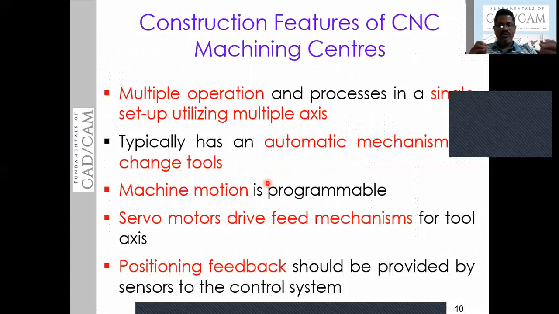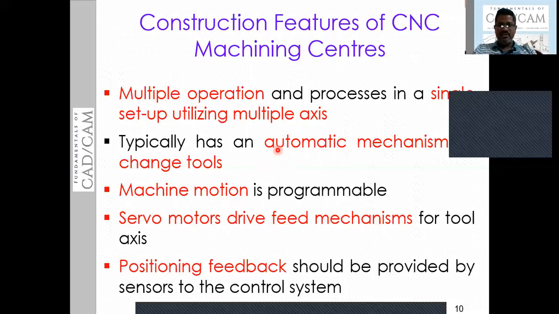Because one tool performs one operation, like a knurling tool performs only the knurling operation, a reaming tool performs only the reaming operation. So it is specific. After completing the operation, the tool needs to be changed. If we change the tool manually, the idle time of the machine increases during the tool change.